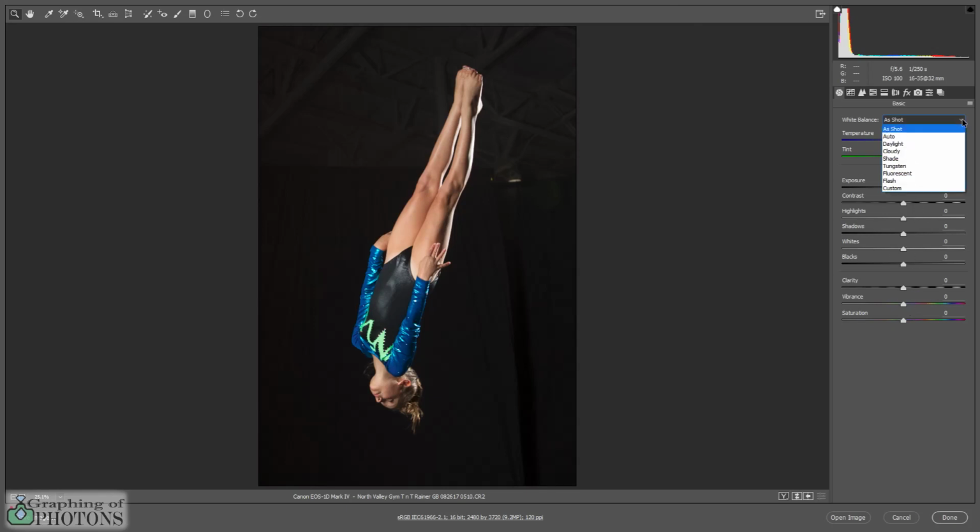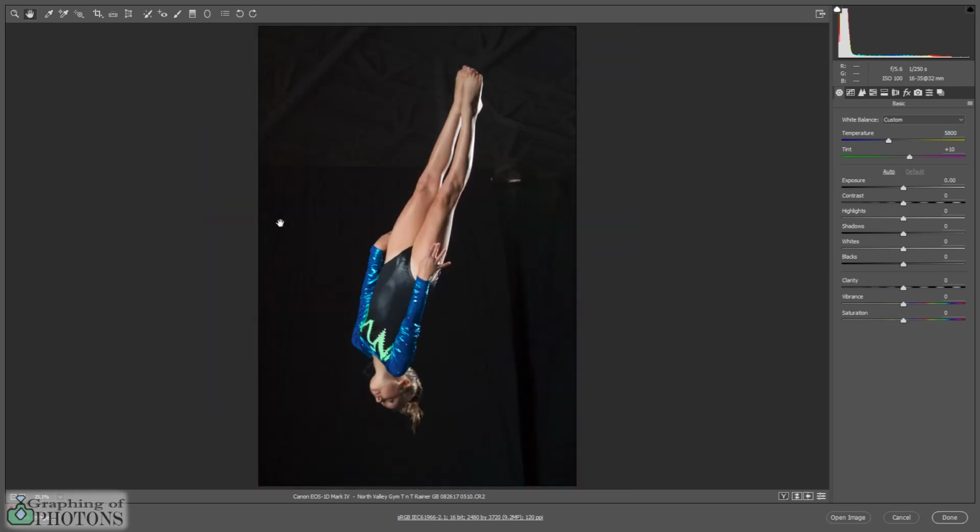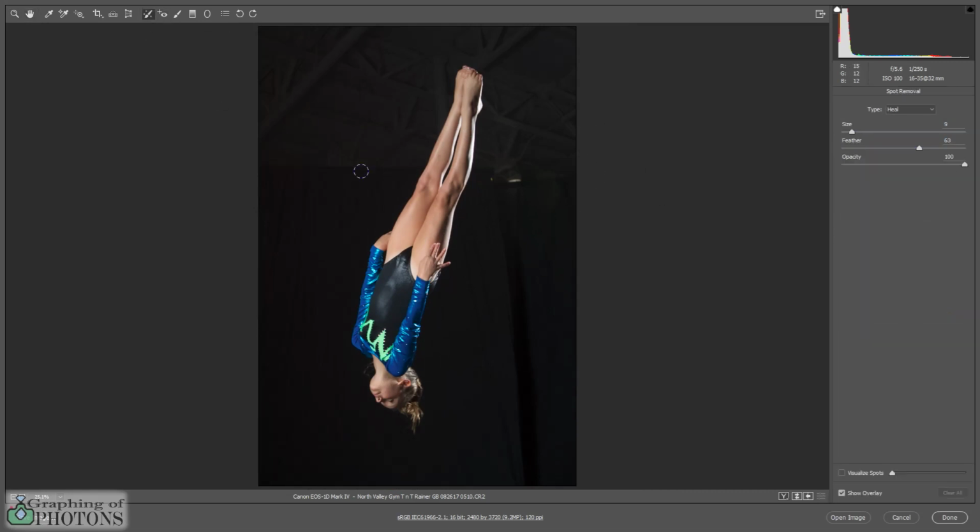I'm going to get the white balance set to daylight here. I was using my Einstein flashes on speed mode, so those don't necessarily maintain a consistent white balance, so I needed to do a little bit of adjustment. To start editing this image, well, actually let's look at how bad the situation really is as far as non-black